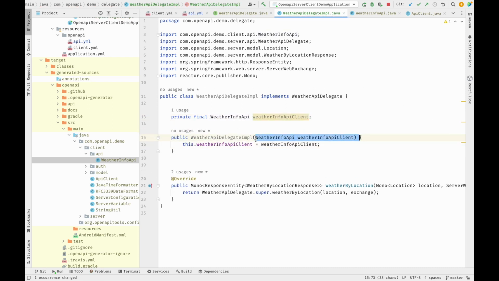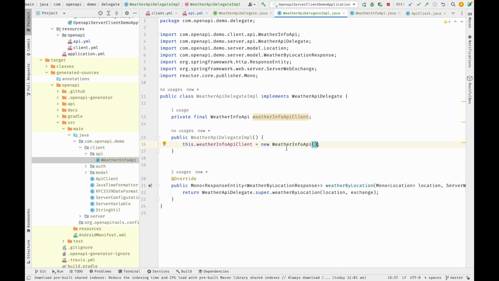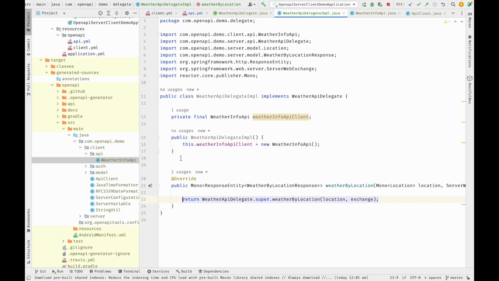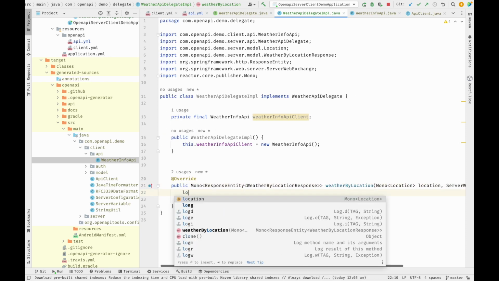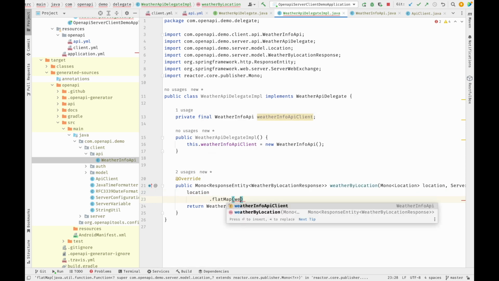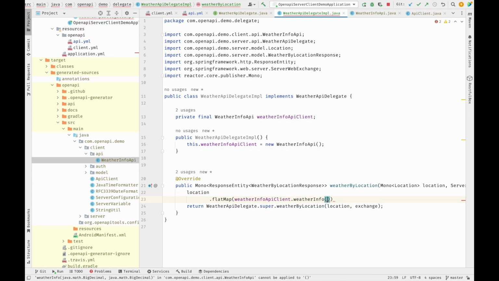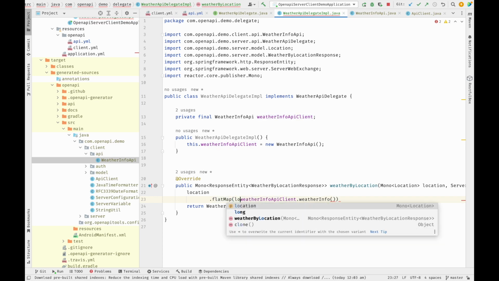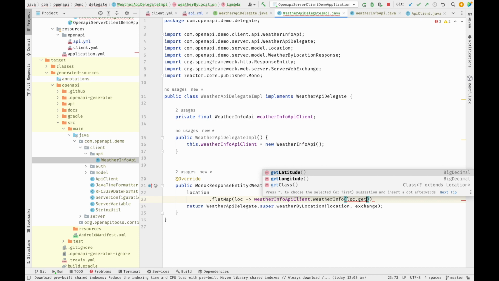Okay, and here I will say new weather info API. After writing this, we will make use of the request that is sent by the user. I will write it as location.flatMap, and then weatherInfoAPIClient.weatherInfo, and from here I will take one of the parameters called LOC, and here I will write loc.getLatitude, loc.getLongitude,